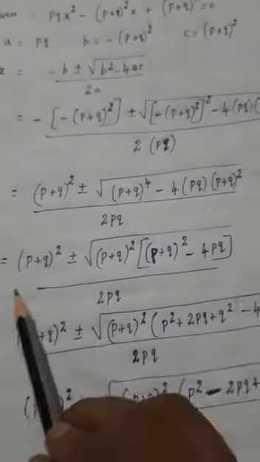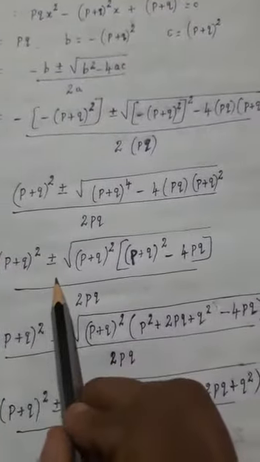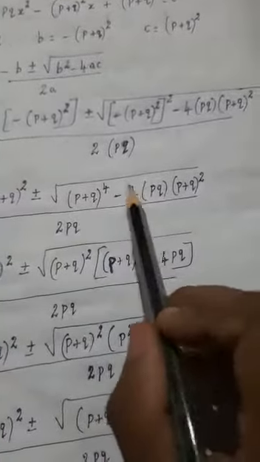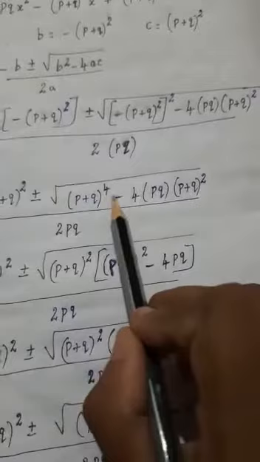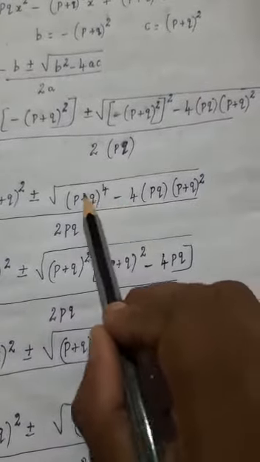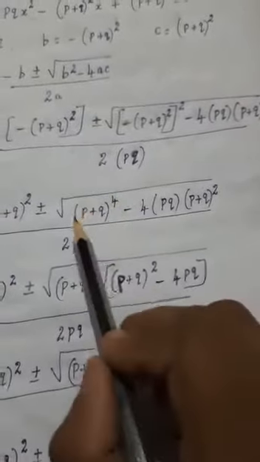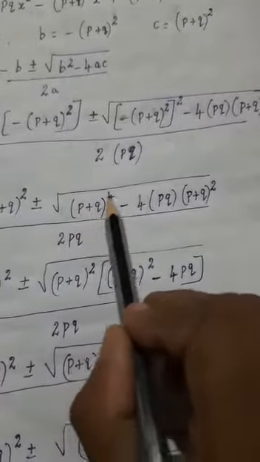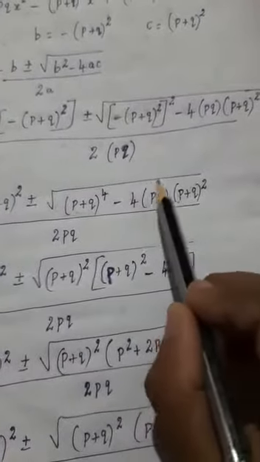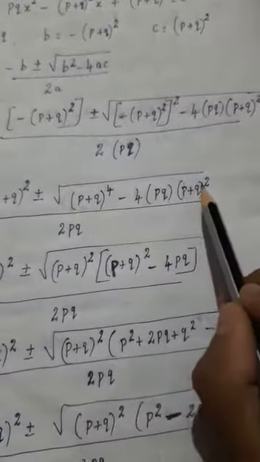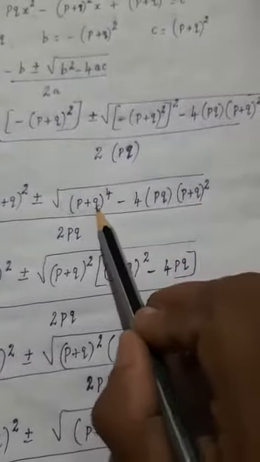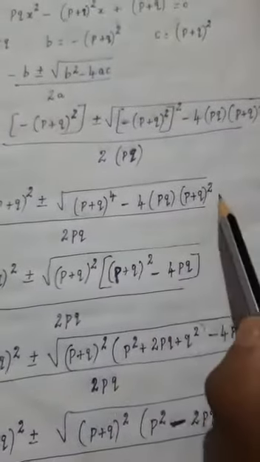So the next one, now see (p plus q) the whole square plus or minus. Now in this term, you know that in between plus or minus, you can say this is one term, this is another term. So here put it in the bracket, this is one term. In these 2 terms, which is the common part? Now see here also p plus q you have, here also p plus q. Here in this term p plus q 4 times you have, here 2 times you have.